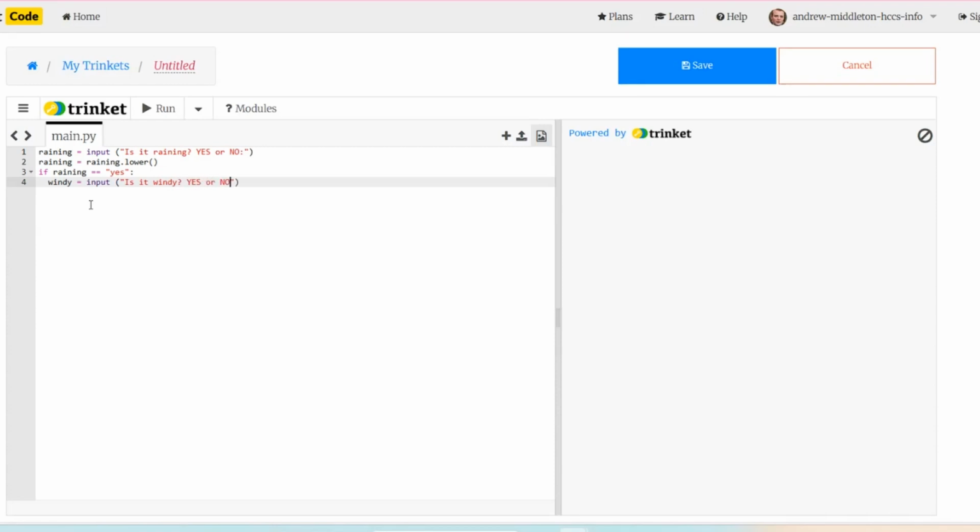Yes or no. Now you'll see I've taken that question inside the yes of raining. So that's making it only come up when the raining is yes. And there we say windy equals windy dot lower. So that'll also convert that answer to lowercase. And now we're going to put the answer to that one still inside the if of the yes of raining. So we're still indented. So if windy is the same as yes, then we want to print